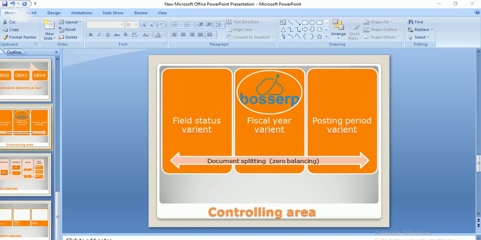We know that we have created a chart of accounts and this fiscal year variant. Both are interconnected in the controlling area, which should be the same as in the finance module also. Whatever chart of accounts and fiscal year variant we have configured in the finance module, the same should be configured in the controlling area also. If not, it will end up with an error. So before going into the cost centers, we shall configure this controlling area first. Then we will move on to the cost center.